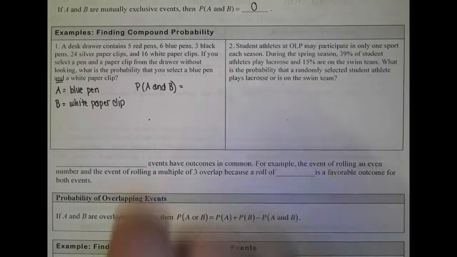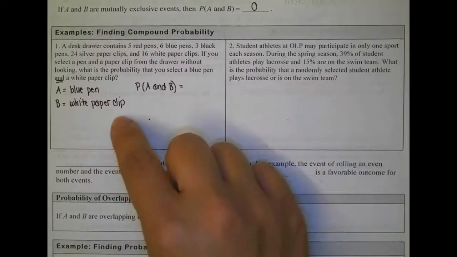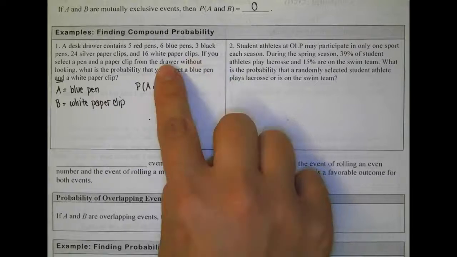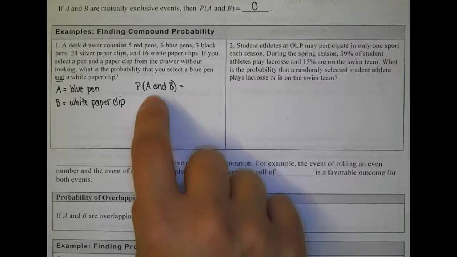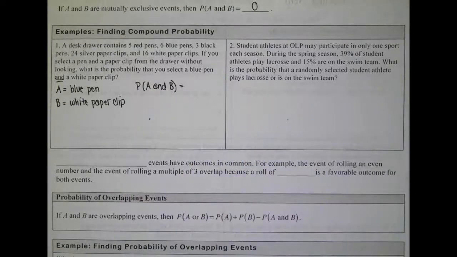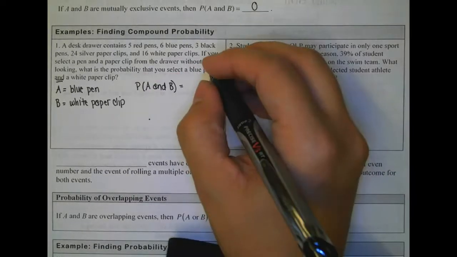Likewise, if I'm selecting a paper clip from my white and silver paper clips, that's not going to affect the number of pens in the drawer. Okay, so these events are independent,